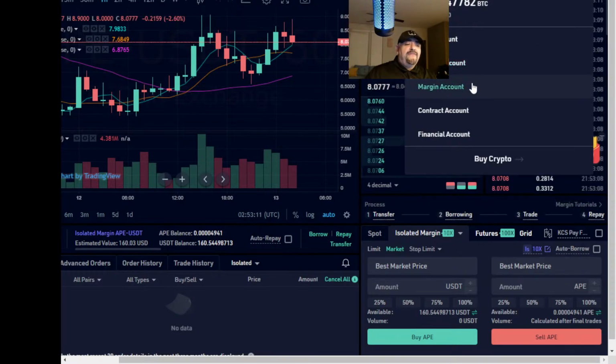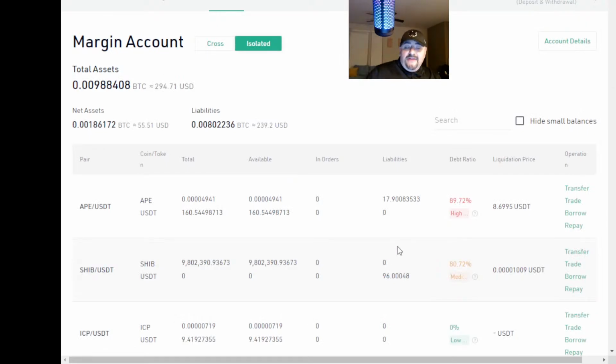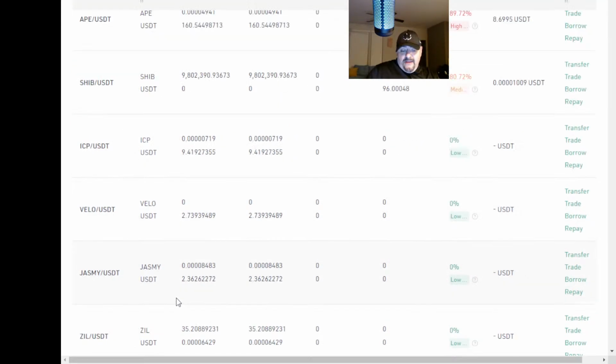Now, let me show you a little difference. I didn't really get to focus in. I probably should have slowed down, but you could pause the video. What you'll see is basically before I went into my margin where I hit trade, if you looked at ape's total, right? And I'm going to show you where totals are correctly right now, you would have noticed that I had the amount that I just borrowed in my liabilities and also inside my totals, which means they zero each other out, because I have the same in liabilities and the same in totals, which means they're negative. They zero each other out.